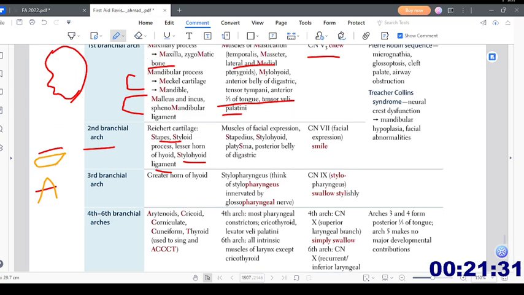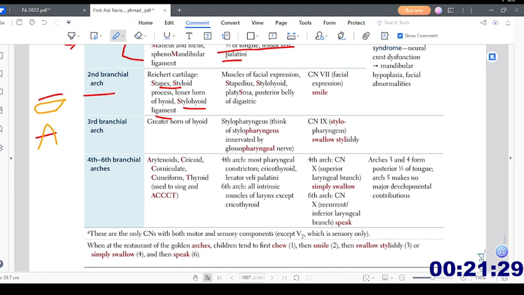Yep, they are coming from the second pharyngeal arch. We are talking about the third one right now. So the greater horn of the hyoid, the muscle which is coming is the stylopharyngeus. Think of stylopharyngeus innervated by the glossopharyngeal nerve. Okay, so CN9, stylopharyngeus swallows stylishly. So CN9 is the glossopharyngeal nerve that is going to supply the